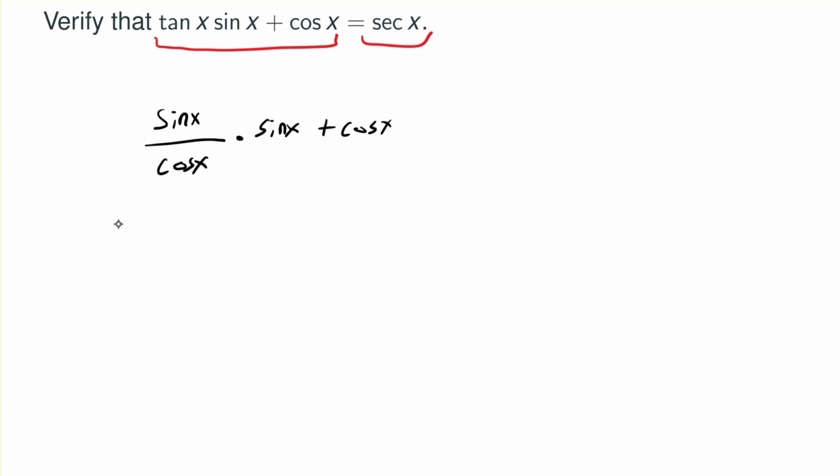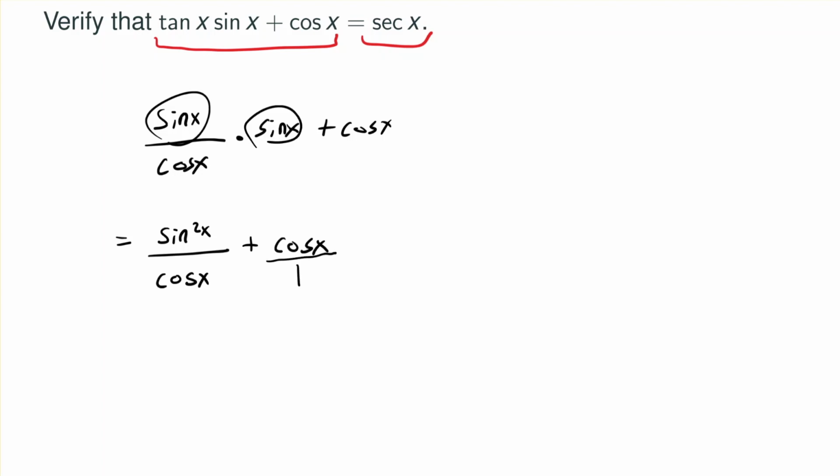So let's move on. So here we can do sine times sine. So we have sine square over cosine x plus cosine x. Now, how can we add this? In order to add this fraction and non-fraction, we can think of this as actually cosine over 1. Right? Same thing, cosine x over 1 is same as cosine. And when we add two fractions, we need a common denominator. So since denominator is cosine x here, I can multiply cosine x over cosine x here so that we have